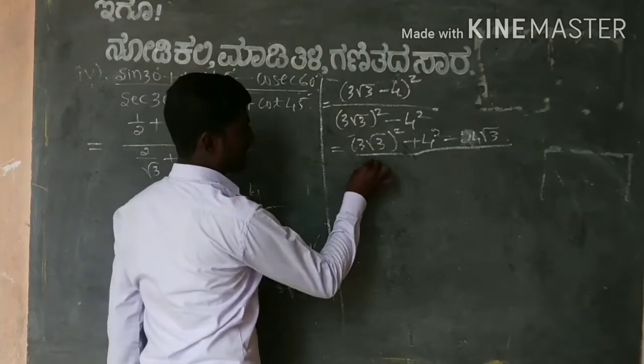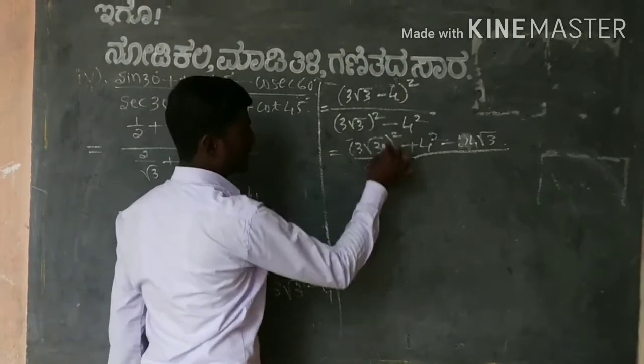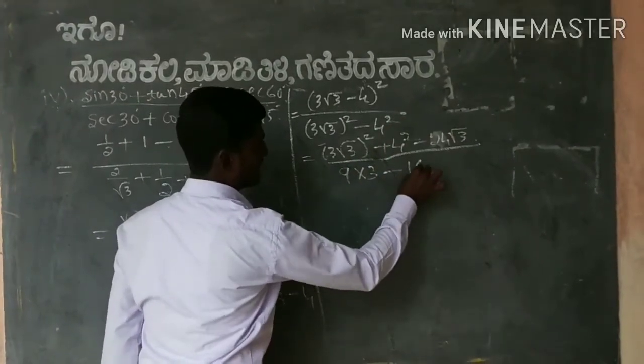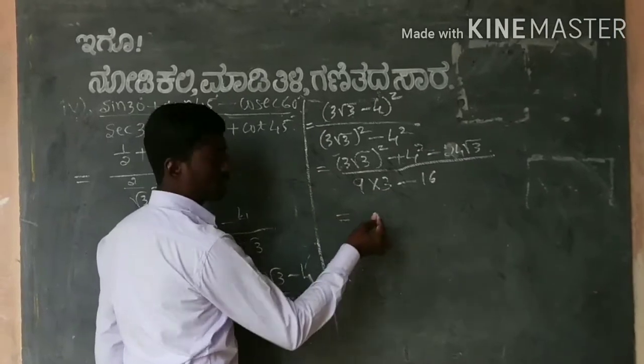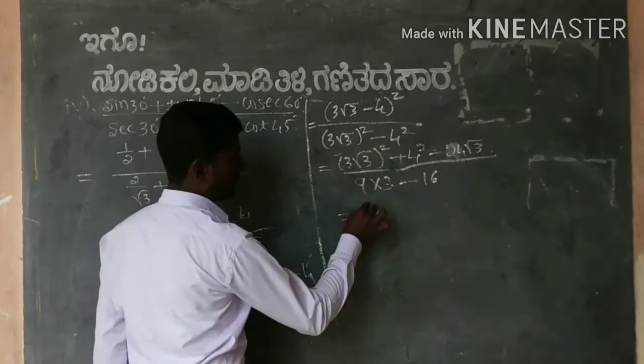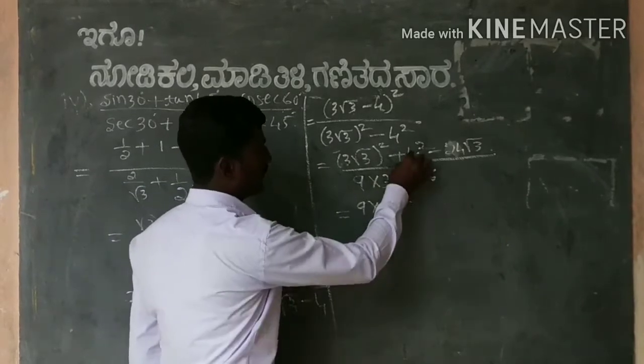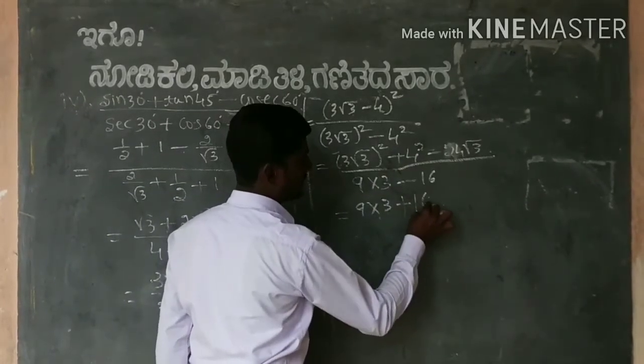Now 3 square it is 9 into root 3 square is 3 minus 4 square, that is 16. Now this is equals to 3 square 9 into root 3 square is 3 plus 4 square it is 16